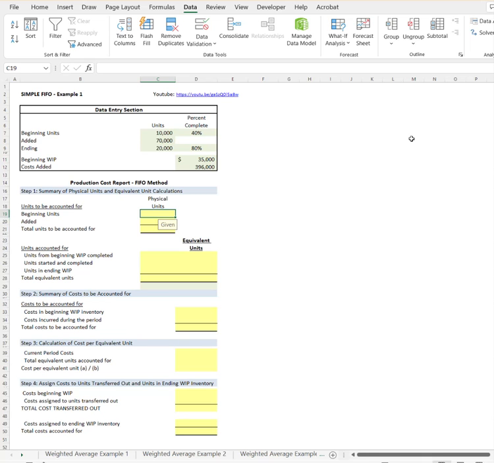In this problem, we're going to go through a simple FIFO example using a single cost pool. So all of our direct materials, direct labor, and manufacturing overhead are grouped together. We're given the following information. We began with 10,000 units. We added 70,000 during the period and ended with 20,000. Our beginning inventory was 40% complete. Ending was 80% complete. The cost of our beginning inventory was 35,000, and our total cost added during the period was